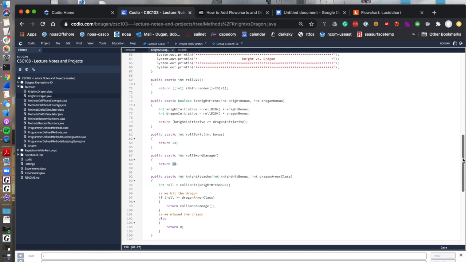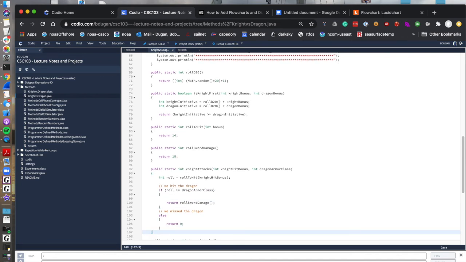Well, why don't we put a system out print line statement right here? So one thing that's kind of cool about this is I'm not exactly sure why this isn't working. So that's fine. So what we're going to do is put a probe in here. I think that this line of code here should be getting executed, but it looks like this line of code is getting executed instead. We're returning 0 from knight attacks. So let's print out the value of roll